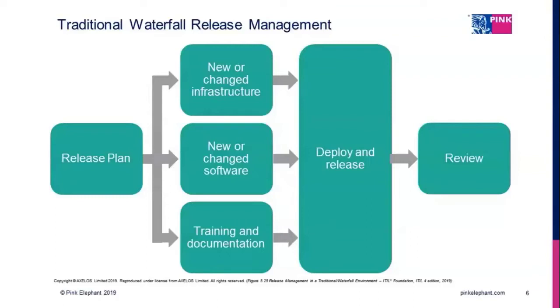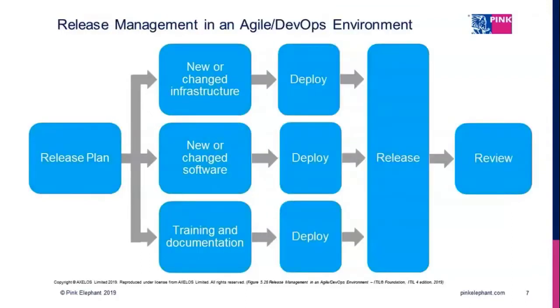And then at the end, of course, you always do a review, which is always good practice. When we talk about today's world with organizations that have adopted Agile and DevOps practices, again, it's a little different. We start always with the release plan. We have, again, that changed hardware, software, documentation, but we deploy that first. So we move it into the production environment. And again, this helps support, especially in DevOps, where everything is automated, including deployment that is going into the production